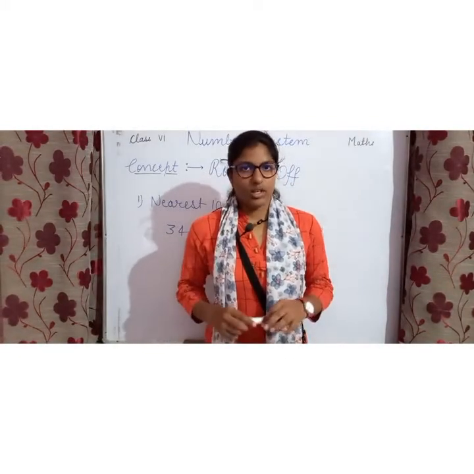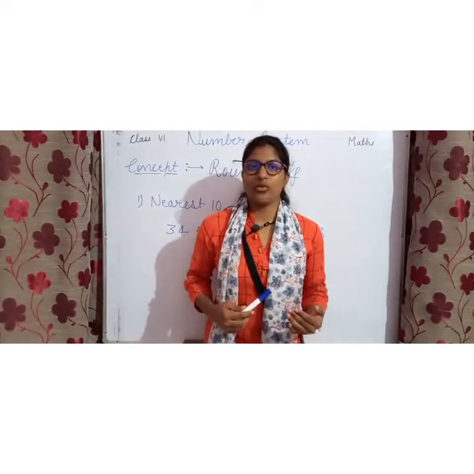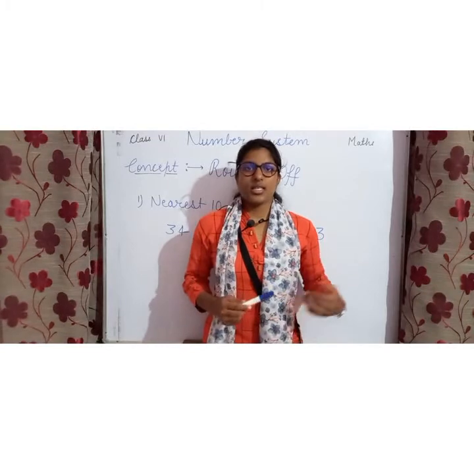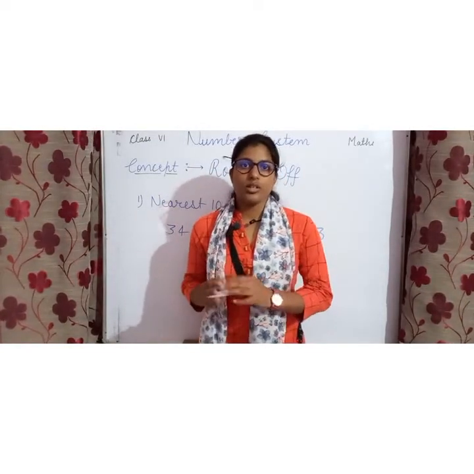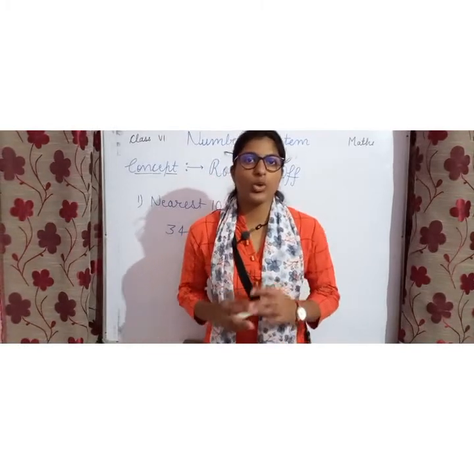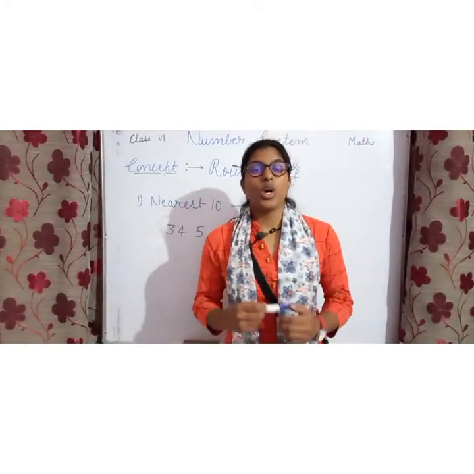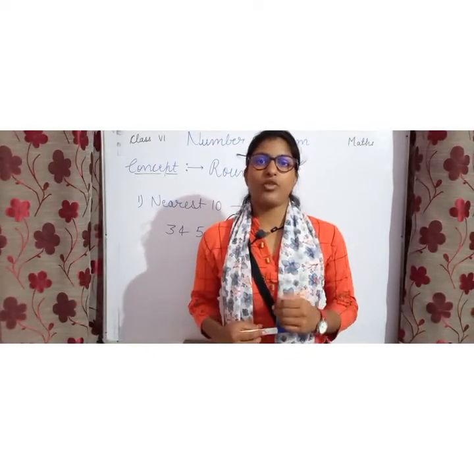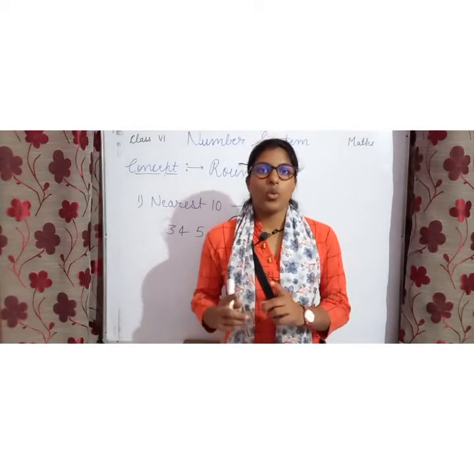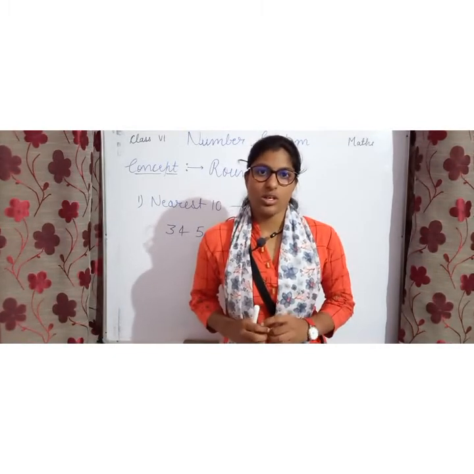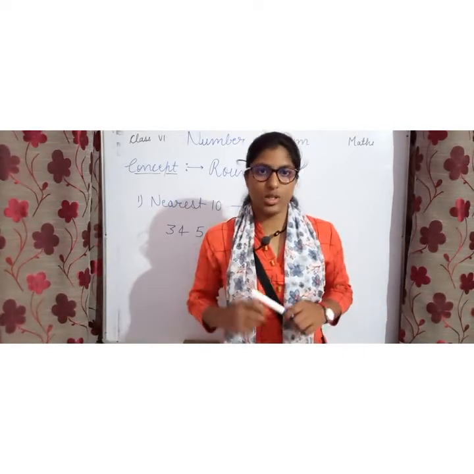Next concept is rounding off. We are using some rules and we can easily round off a number to the nearest tens, 100 and 1000. Okay? Let's begin with the nearest tens. How can you round off to the nearest 10? When you are rounding off to the nearest tens, be careful about 3 rules. Rule number 1, at the place of ones, you put 0 there. It means at the ones place digit, we put 0.